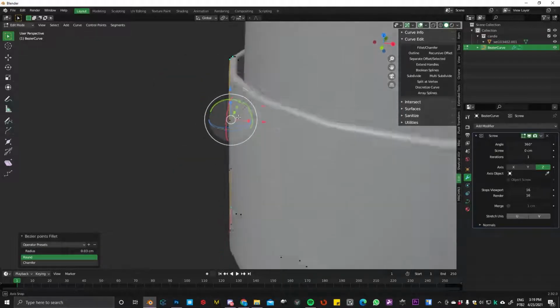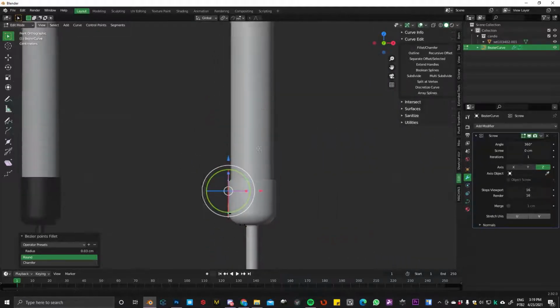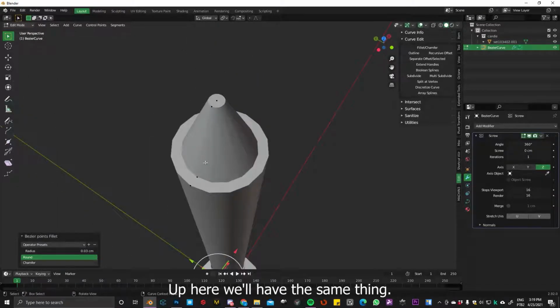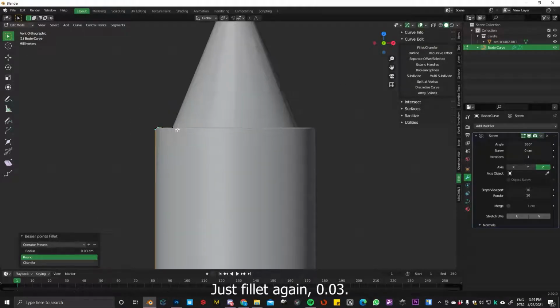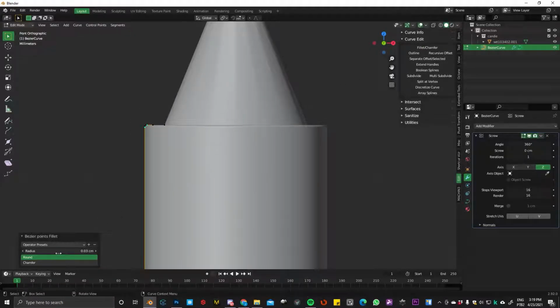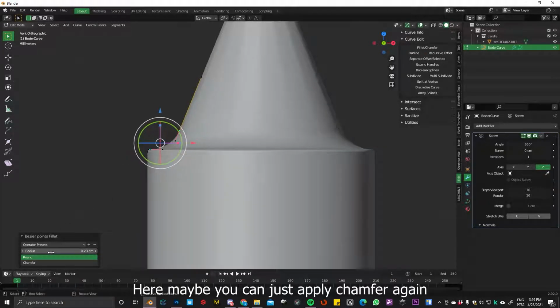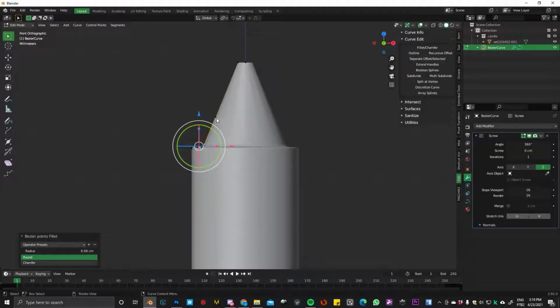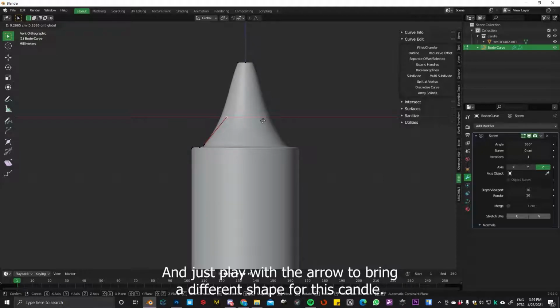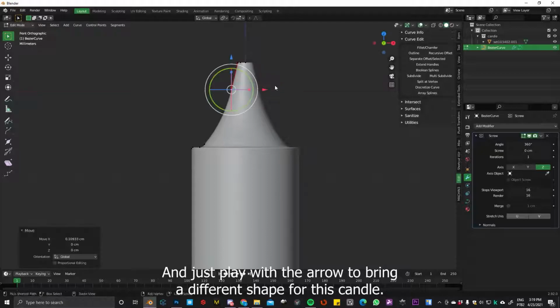Yeah, not bad. Up here is the same thing, so just fillet it again, 0.003, not bad. Here maybe we can apply chamfer again, and let's try 0.008, a little bit more, and just play with the arrows to bring a different shape to this candle.